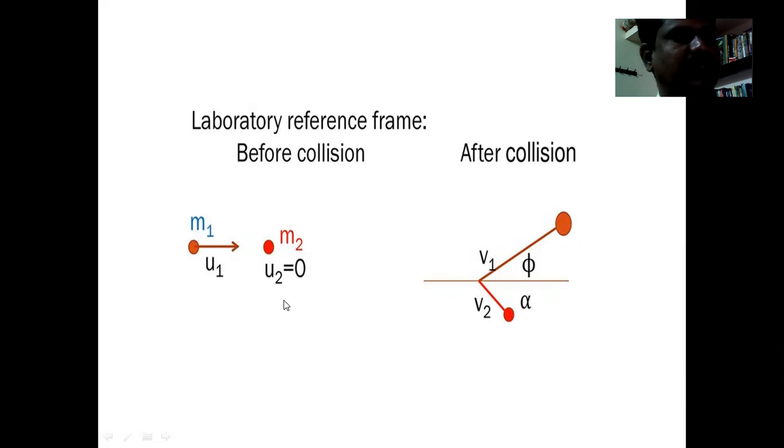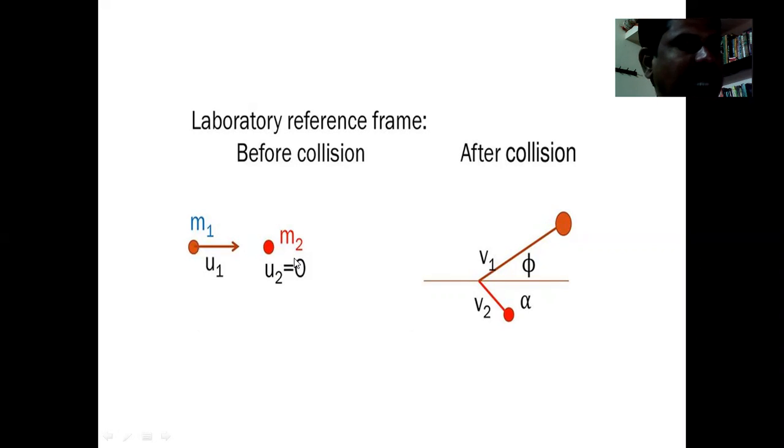The process takes place in elastic collisions, in the inertial frame of reference. When m1 moving with velocity u1 collides with the second particle m2 at rest,